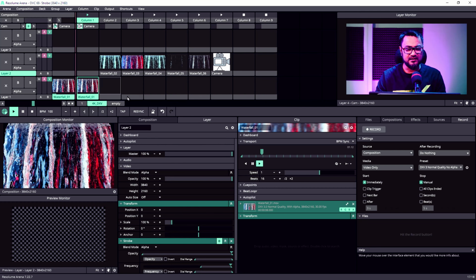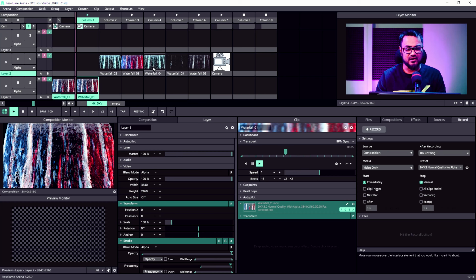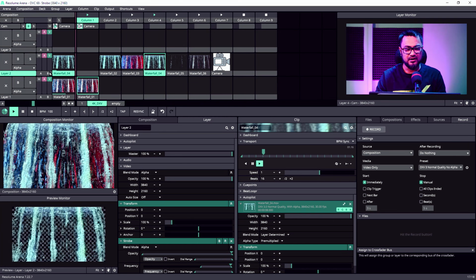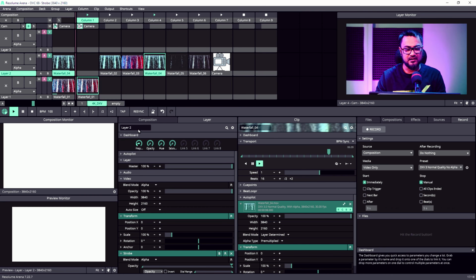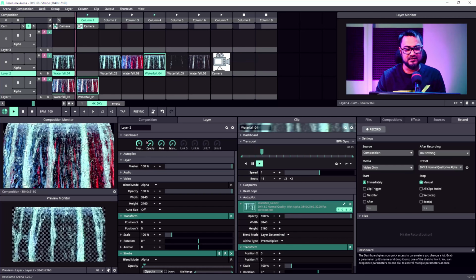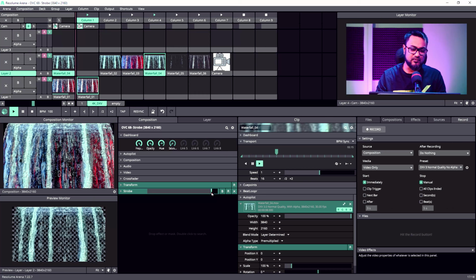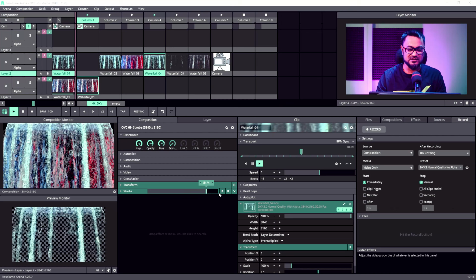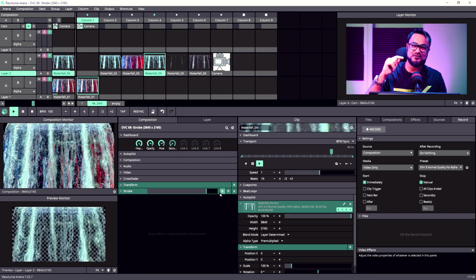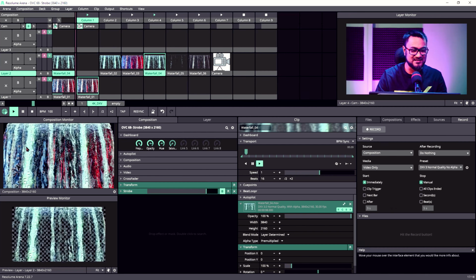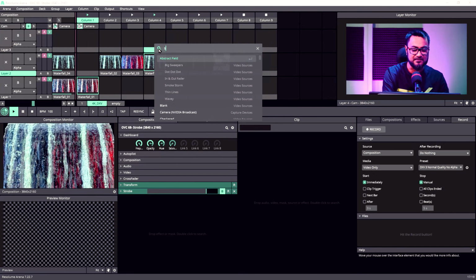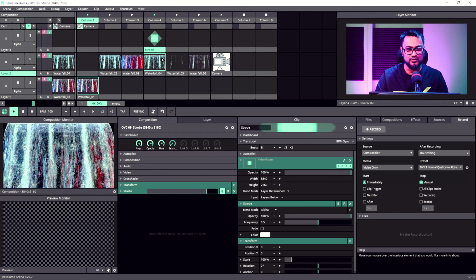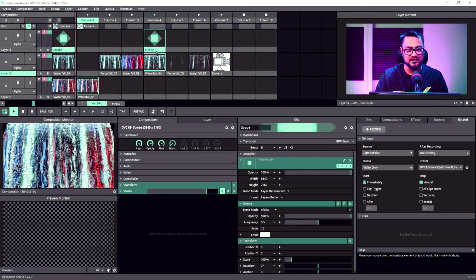So now we can separately have a strobe on layer 2 and maybe mix it down. At the same time, we have another master strobe composition. I mean, if your VJing is about strobing, you could go as detailed as that. By the way, don't forget, you could use strobe as a clip. That is going to affect all the layers underneath.